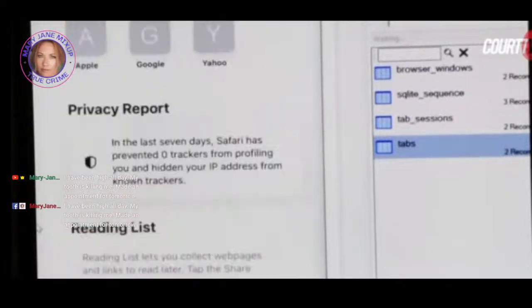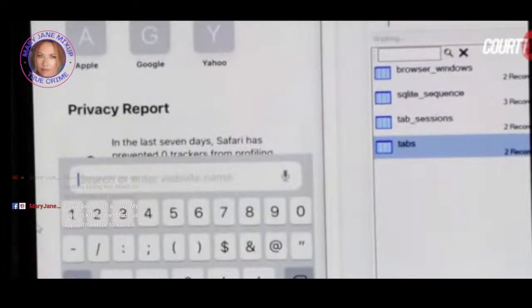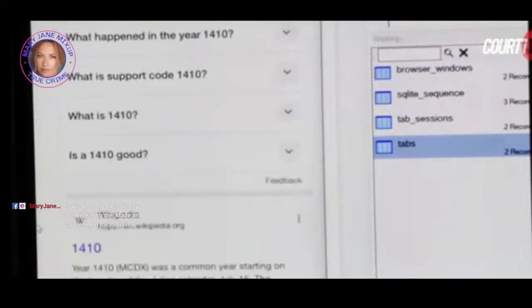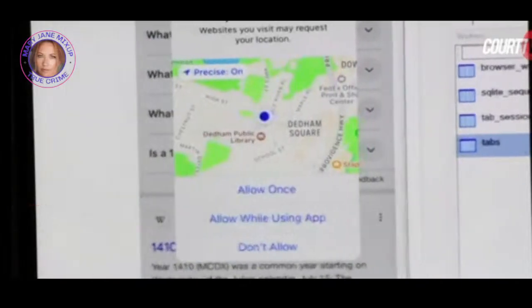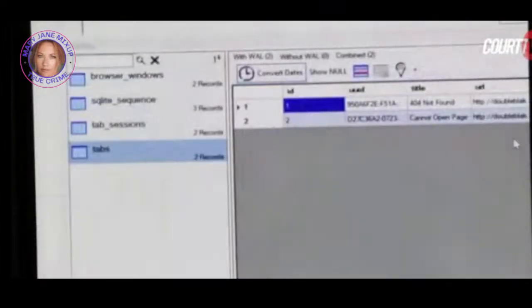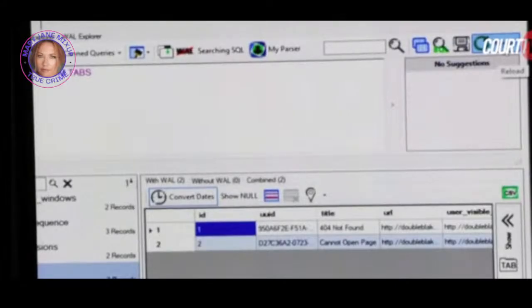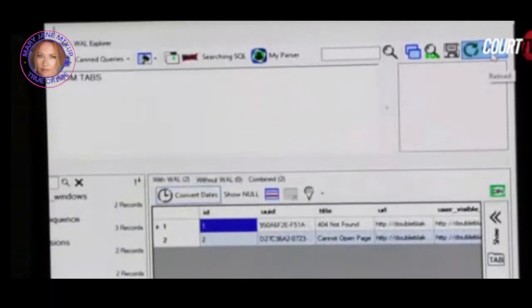What I will just do now is search for the time that we're on now, so 14:10, and hit go. So right now that page is loaded. And I can go back into the database and just hit reload. That will bring the most recent version of the database from the device back onto my computer and show it back in this window in exactly the same way as I was viewing it a second ago. And you can see right now there's still only 2 records.